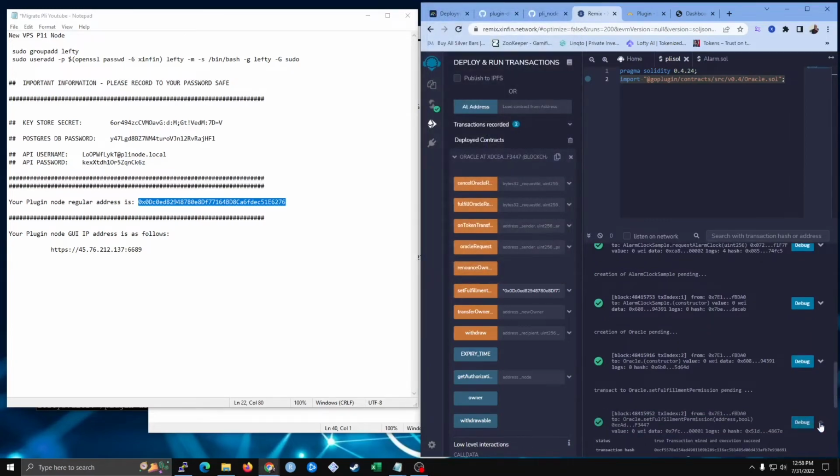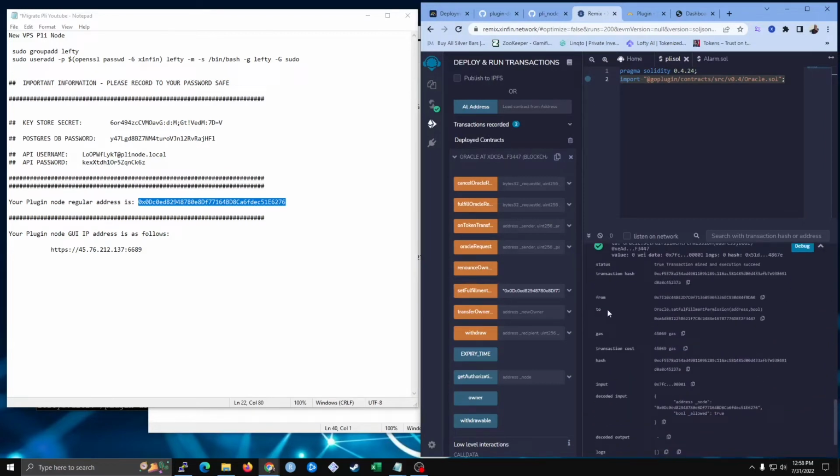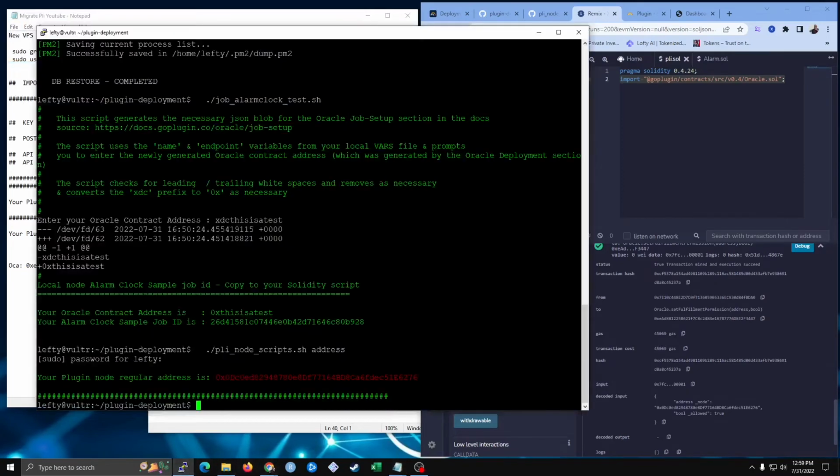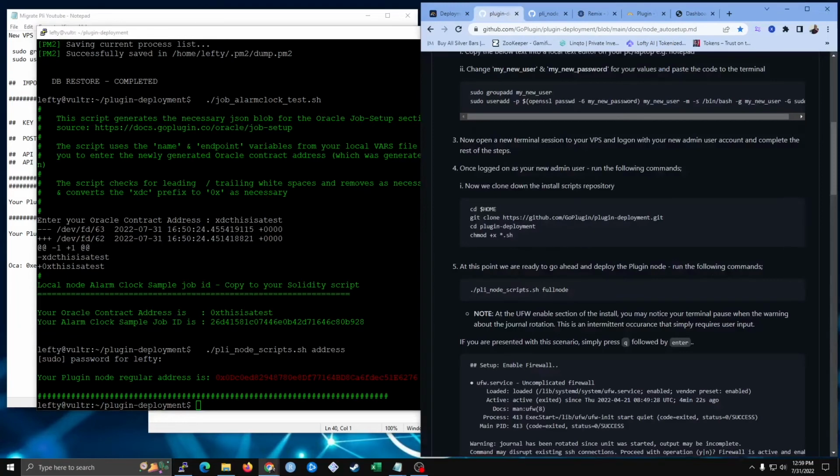Click on the arrow next to debug. Look for 2, and you should see a new Oracle contract address. Go ahead and paste it into your new notepad. I'm going to go ahead and save it. And then go back to your VPS. And also go back to,